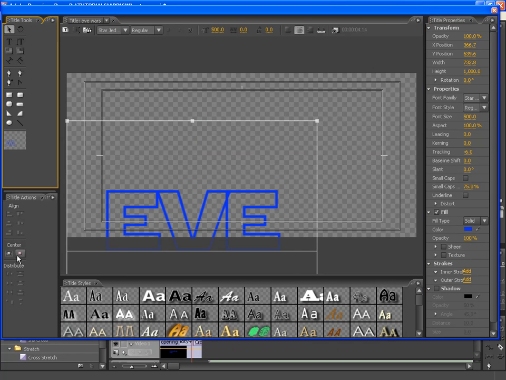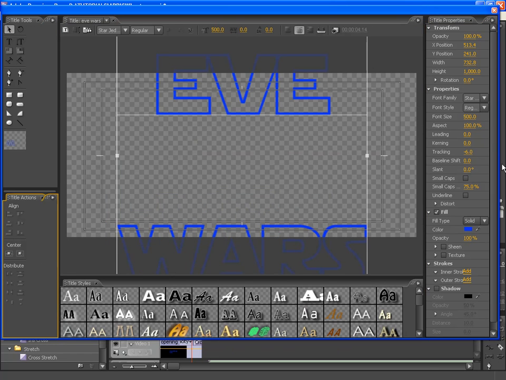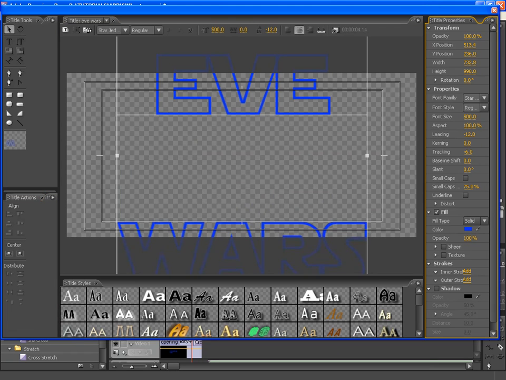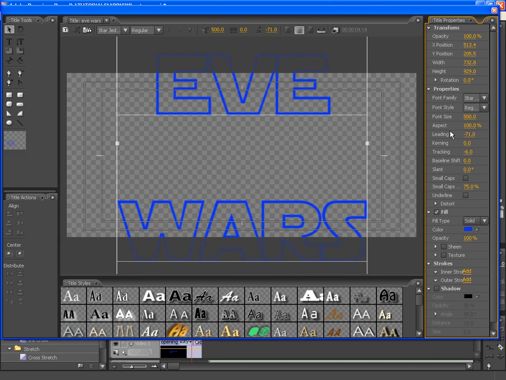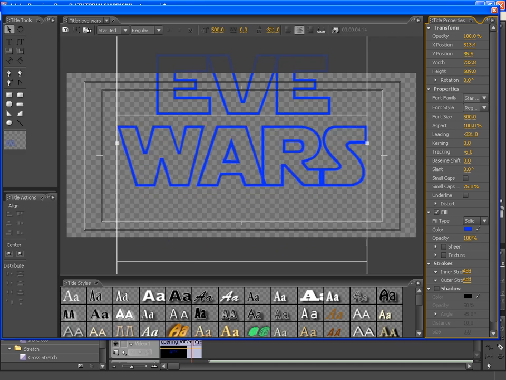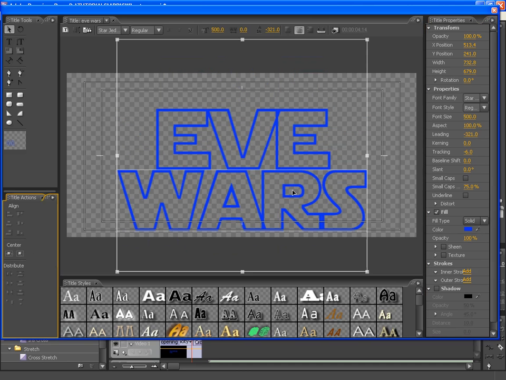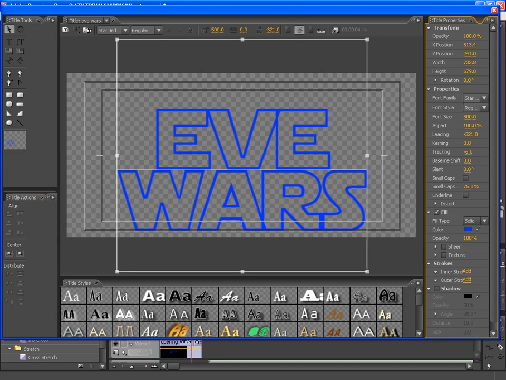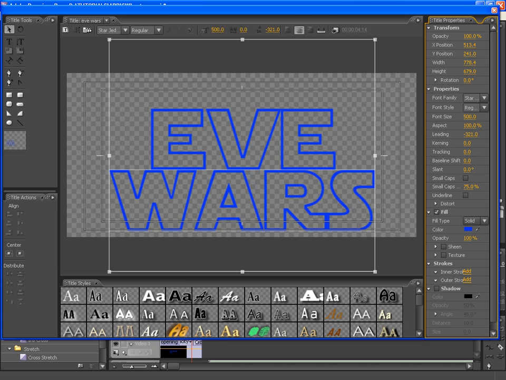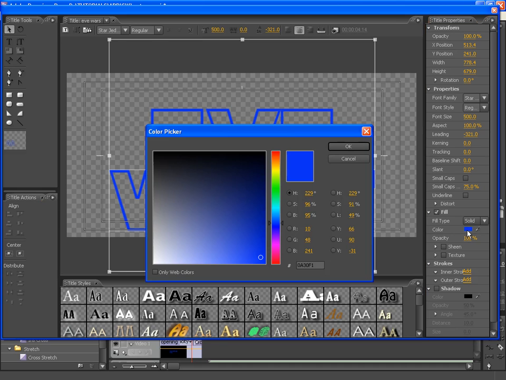And let's get that just centered up for now, and let's reduce the leading. Hold down shift and push left if you want to go fast on that. And there we go, that looks good. And once again, center that up. Ooh, that looks good already. Now a little bit of an overlap there, so what you might want to do is increase the tracking just a little bit on there,